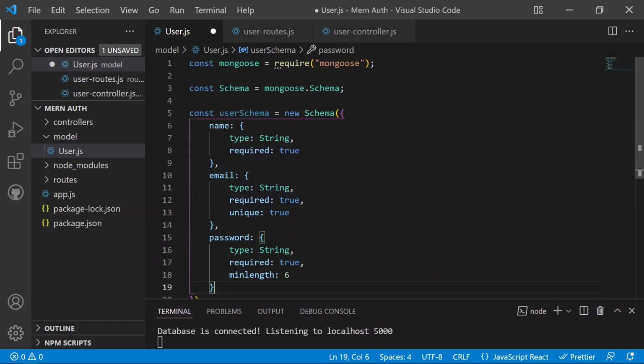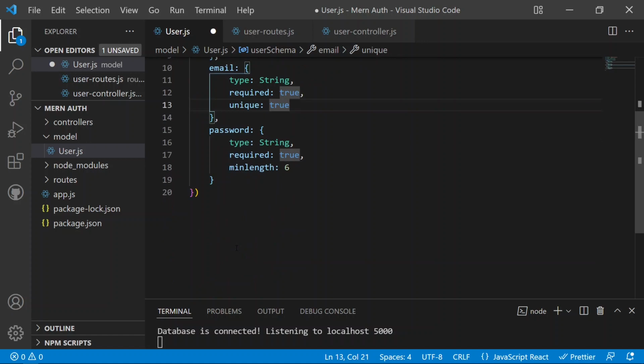So it will have a name, and an email which is of the type string, and it is also a unique email. So if the email is repeated again, Mongoose will throw us an error. And then you will see we have a password also. So now we can just export the schema as the module